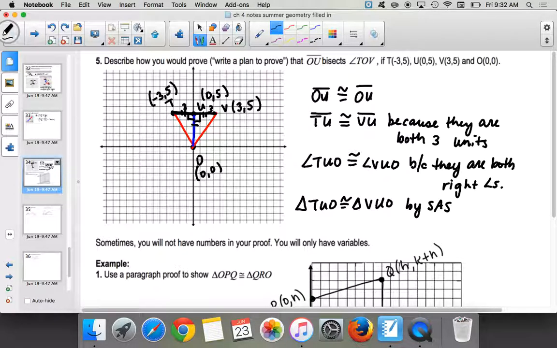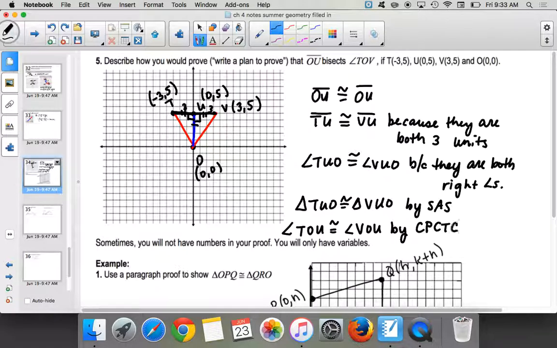And then are we good? So then we can say angle, what 2 angles do I need to be the same? I'm trying to say that OU bisects angle TOV. So we're saying TOU is congruent to angle VOU by,